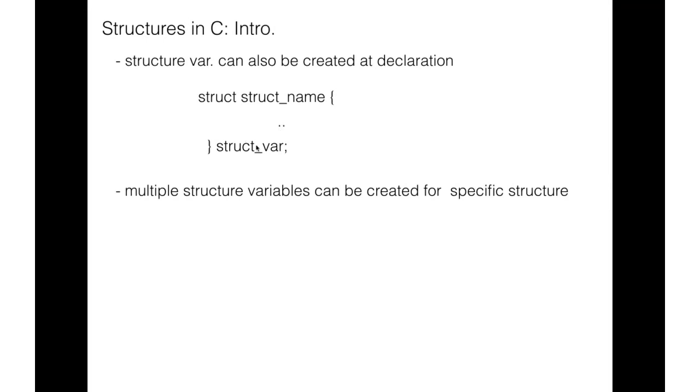And when you create multiple structure variables for a structure, the structure variables are separated by a comma. In this manner. Please remember, when you create multiple structure variables for a structure, each structure variable gets its own reference of the structure members.